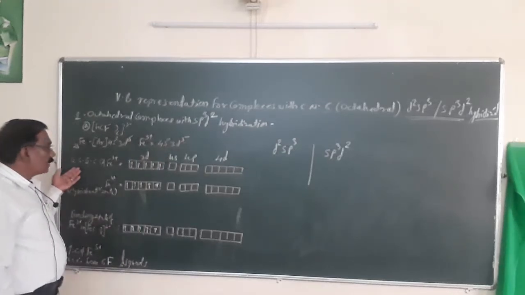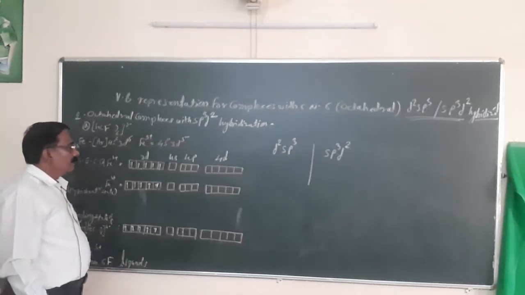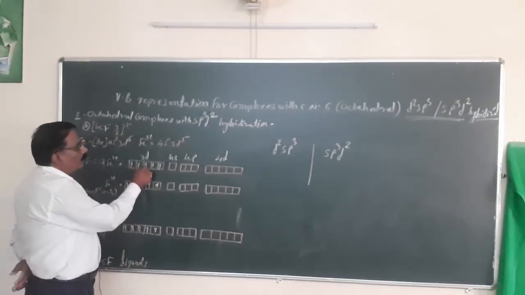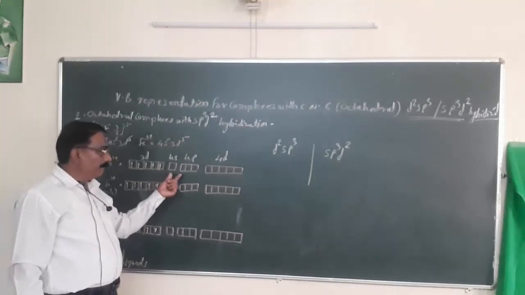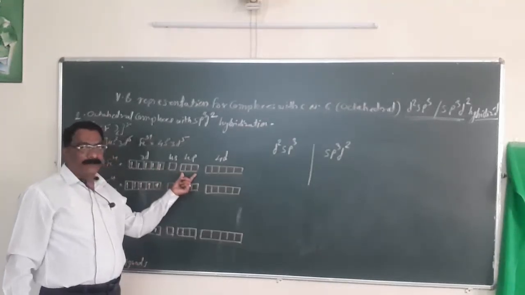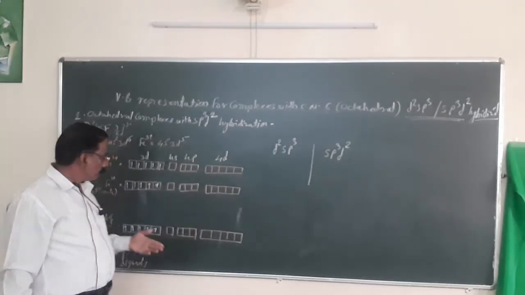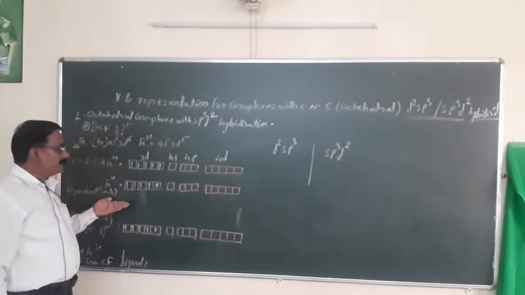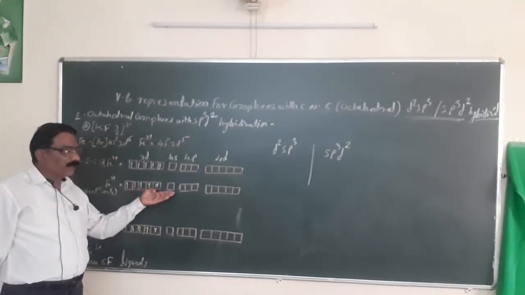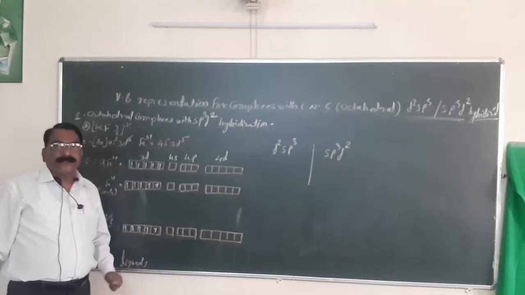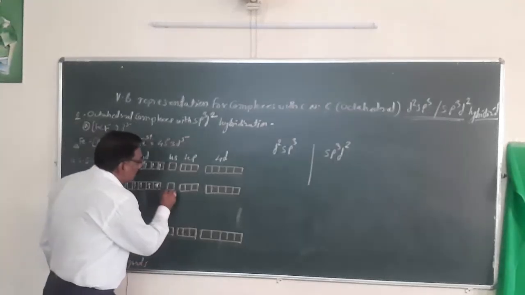See its ground state electronic configuration, there are 5 electrons in the 3d orbital. So 1, 2, 3, 4 and 5. The 4s orbital is empty, the 4p orbital is empty, and the 4d orbital is also empty. So in the hybridized state, it does not use the 3d orbital. Instead of that, it uses the 4d orbital,